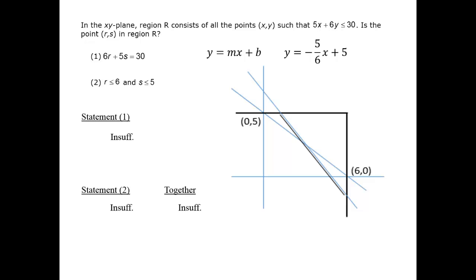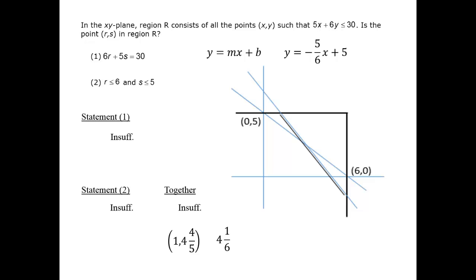It's a little trickier to come up with a point that is in the short segment above region R. Since S is less than or equal to 5, we can choose a value of S that is near 5, but less, say 4 4/5. By plugging that into the equation in Statement 1, we see that R is 1. This point is on the line segment. And if we plug R equals 1 into the boundary line, then we get 4 1/6 for the value of y. Since 4 1/6 is less than 4 4/5,